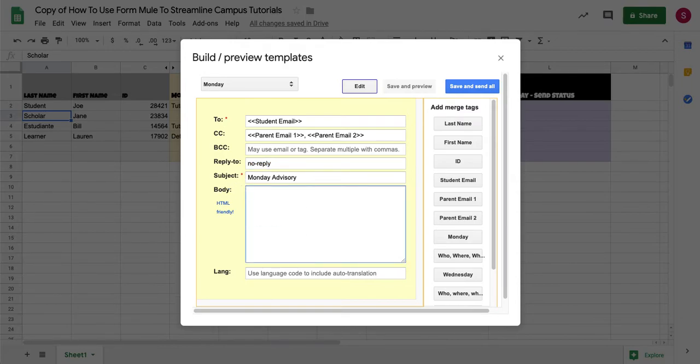The first thing I typically like to do is start with their name. So first name and then their last name. I delete everything that's not inside the double side carets or whatever those are, because that'll appear in the email. And then please attend. And then at this point, I normally do whatever you selected as Monday. So if you said detention or tutoring, that'll appear. During advisory,